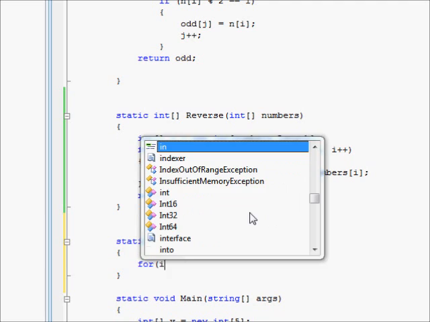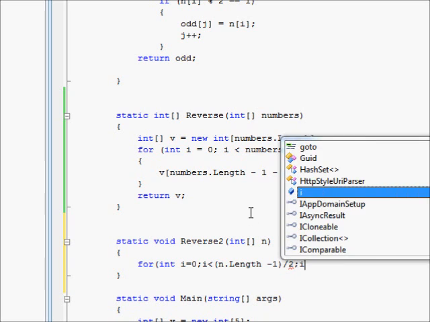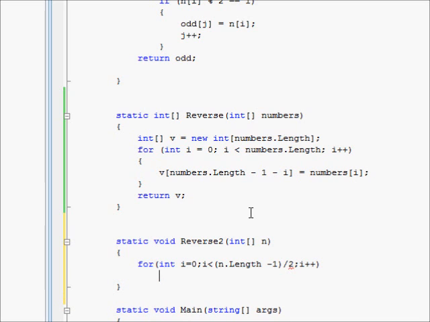So you have a loop for I, with I equals 0, I smaller than n dot length, minus 1. What we are going to do, you divide this by 2, and I plus plus. Okay,